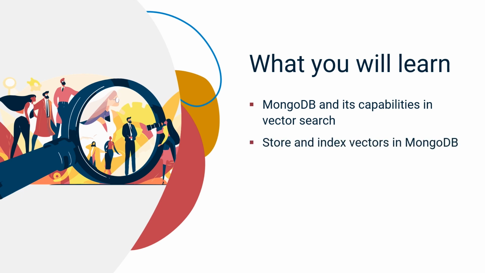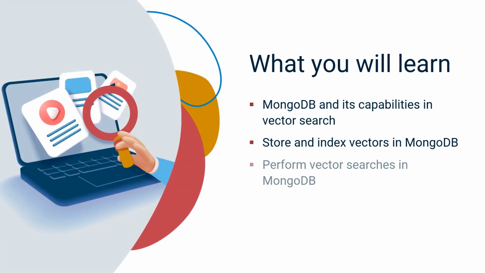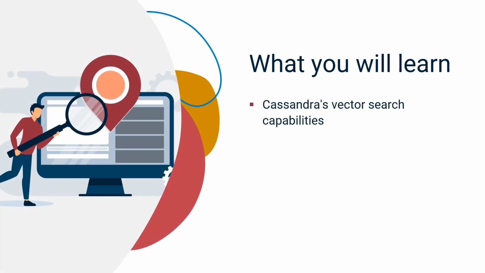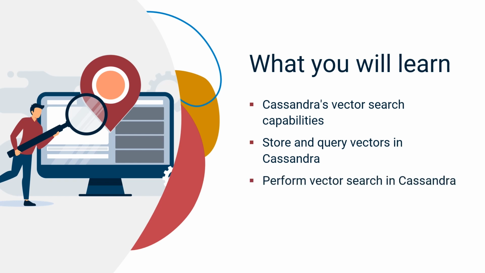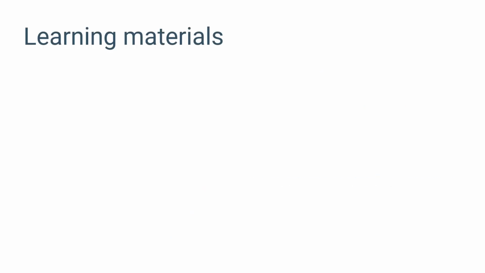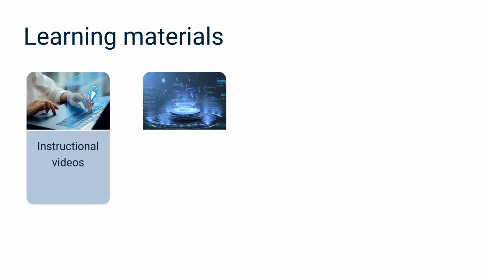You will also learn to store and index vectors efficiently in MongoDB, perform vector searches, and apply these techniques in text similarity analysis and building image classification systems. You will explore Cassandra's vector search capabilities, features for storing and querying vectors, and the steps involved in performing vector searches in Cassandra. Through instructional videos, reinforced by hands-on labs, you will learn to perform vector searches in MongoDB and